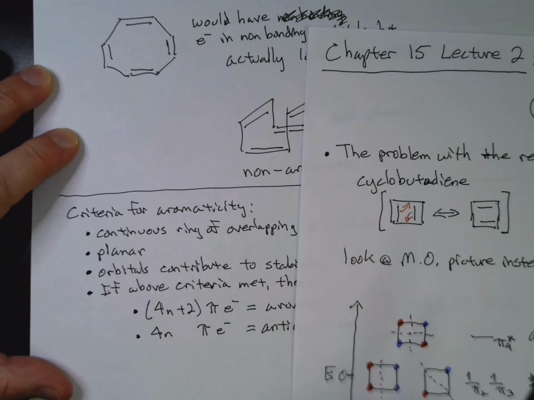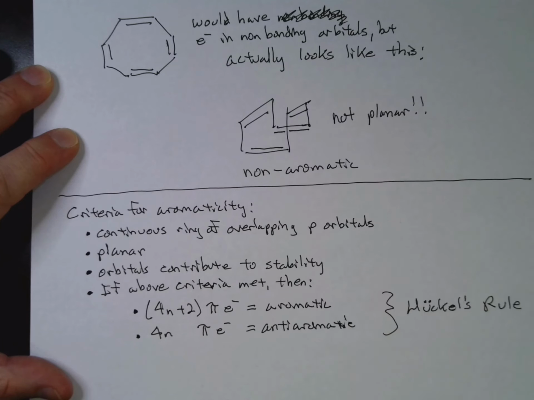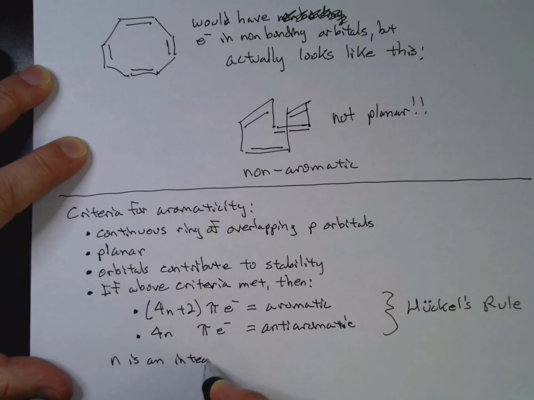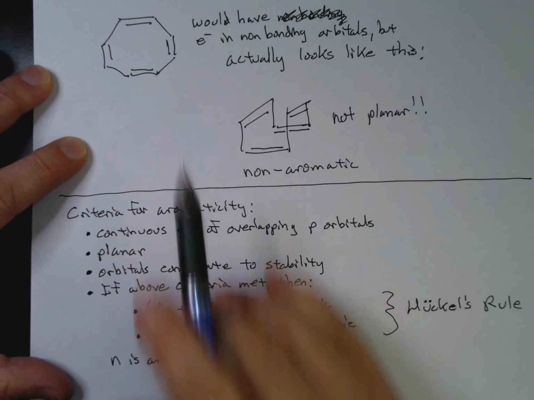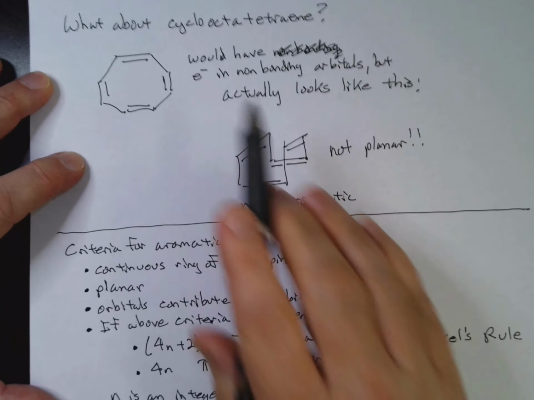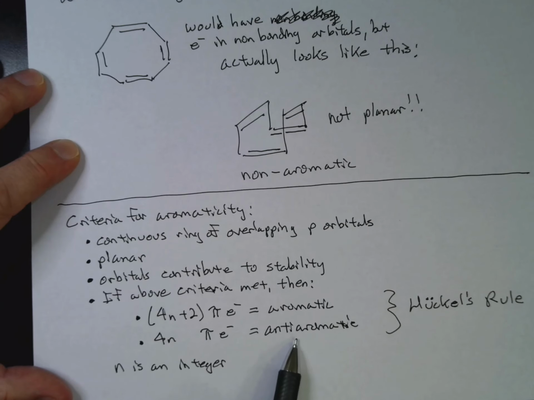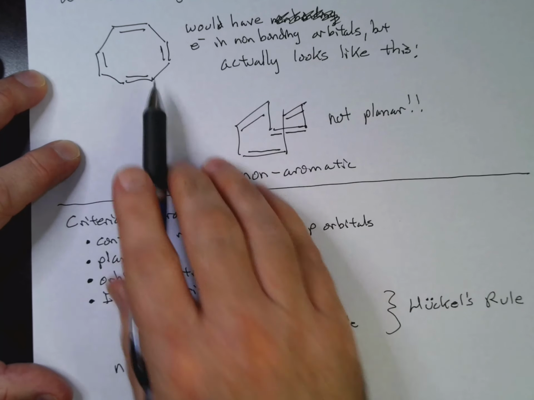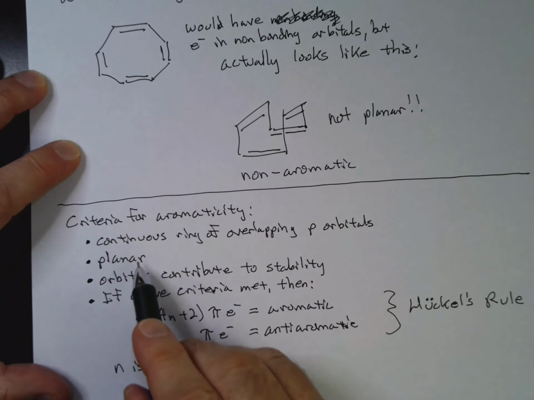Well, cyclobutadiene is unstable, but that's because we get our anti-aromatic, our 4n pi electrons. So n is an integer. So benzene has 6 pi electrons, which is 4n plus 2 when n is 1. Cyclooctatetraene has 8 pi electrons, so it should be anti-aromatic, but only if it's planar. So if something is not planar,